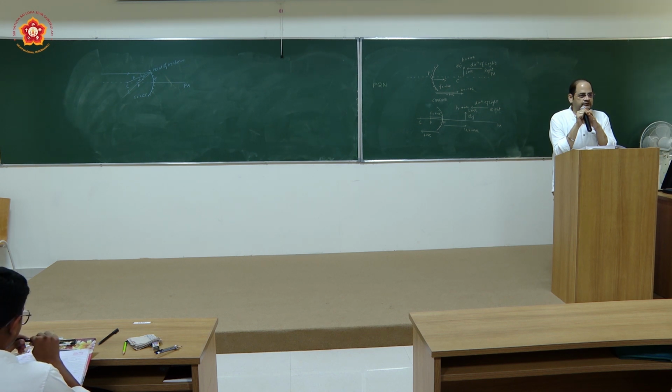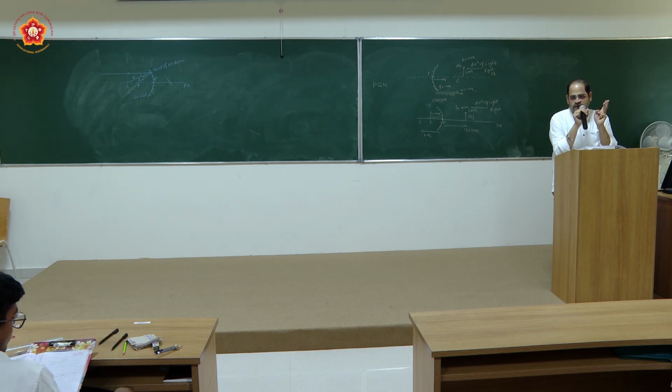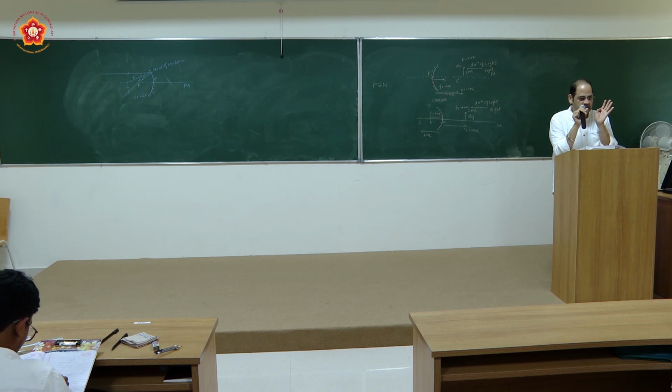So there are 4 types of rays which we are looking at. First is the ray parallel to the principal axis. If it is incident parallel to the principal axis, it will pass through the focus. Second, if the ray of light is passing through the focus and is made incident on the concave mirror, it goes parallel to the principal axis. Third, through the center of curvature, it retraces the same path with the direction opposite. And lastly, if it is made incident on the pole, it will be reflected back with the angle of reflection equal to the angle of incidence. They are equal. Are you all getting the 4 rays?